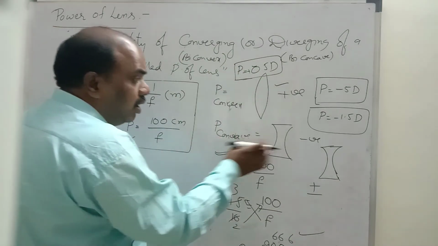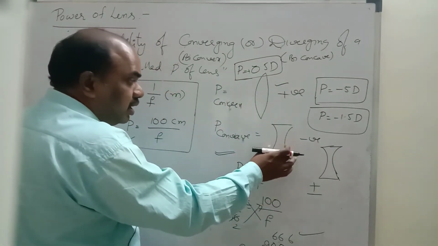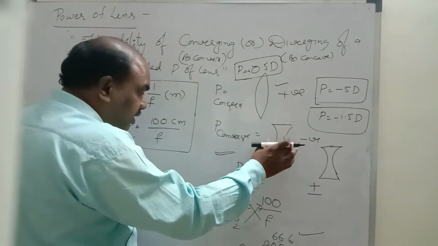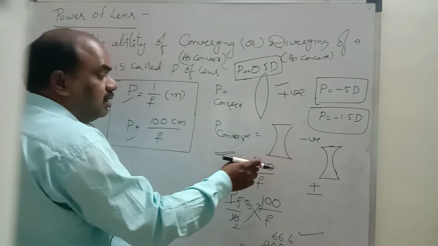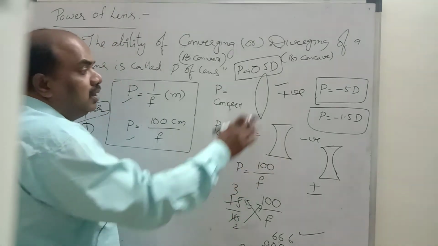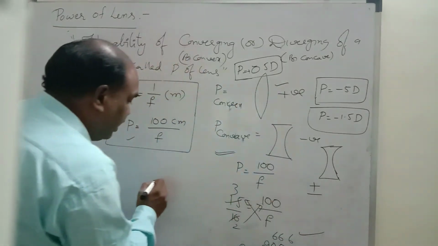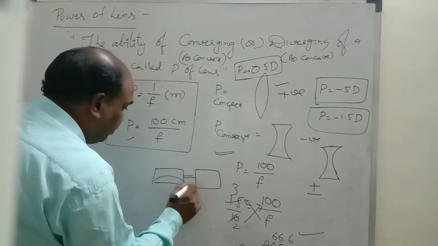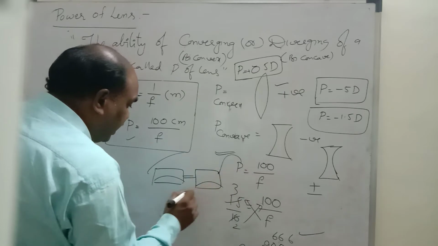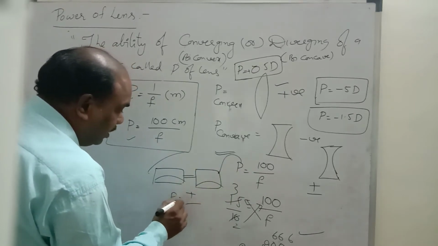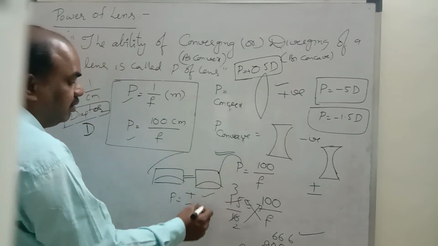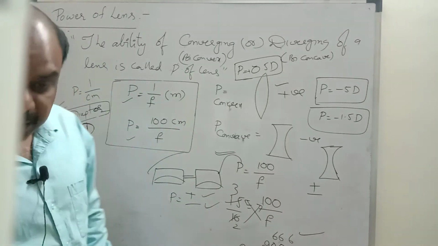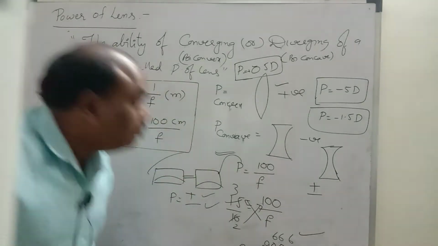Concave lens: the power of a concave lens is negative. A concave lens power is suggested to the myopia patient. This is also called biconcave lens to correct myopia. Hypermetropia we already saw so many times. Generally the power is plus or minus. Plus means convex, minus means concave. This is about power of lens. Remember, very important.